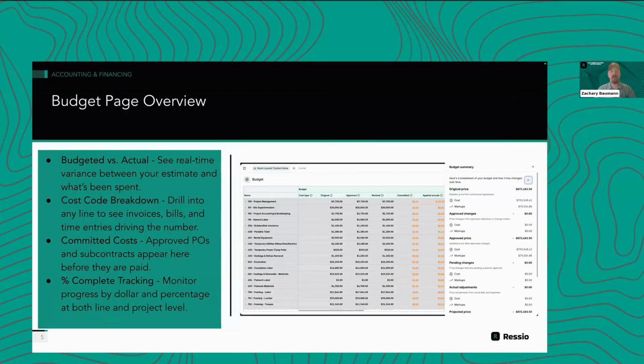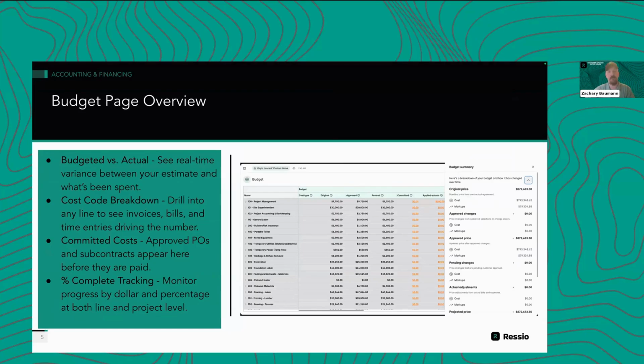So when we're talking about the budget overview page here, we've got a lot of information on this page. One thing I always like to note first and foremost is that this page and the estimate page, those grids, those data tables, are customizable. You can remove the columns that you're not utilizing. You can reorder those columns into a view that better fits your view of things. You'll have to keep them within the categories, so you can't have your original budget all the way at the end if it's part of a different category.